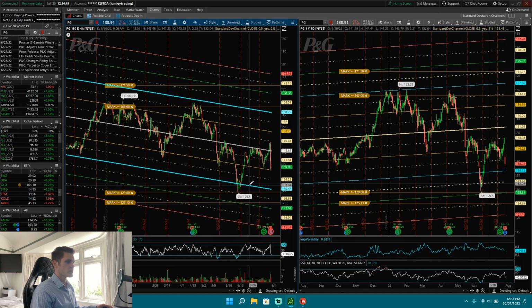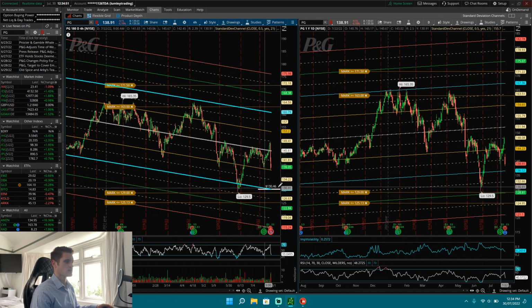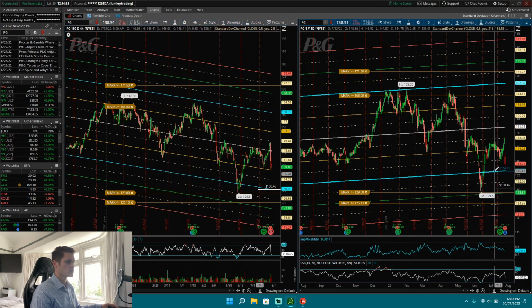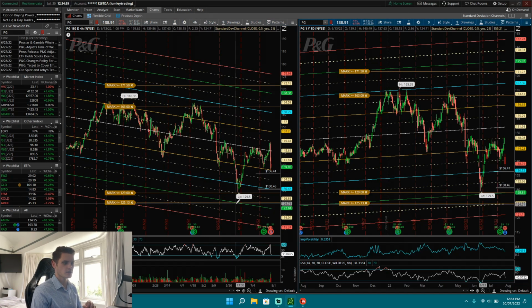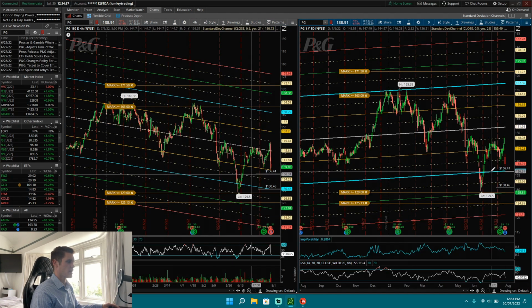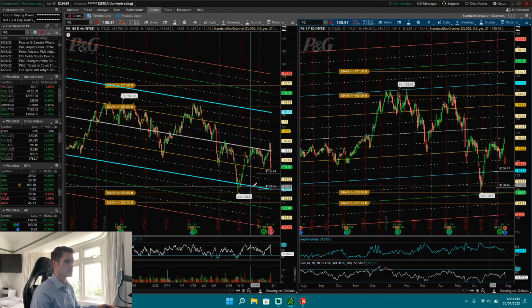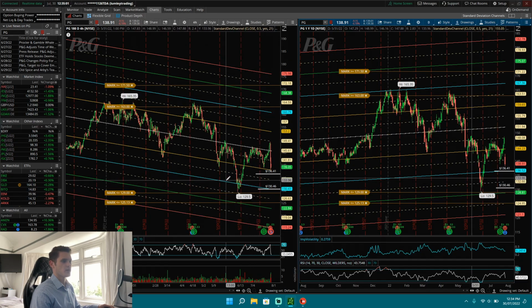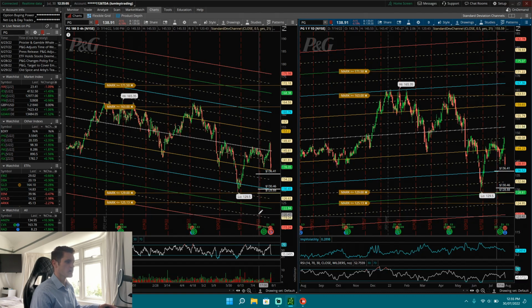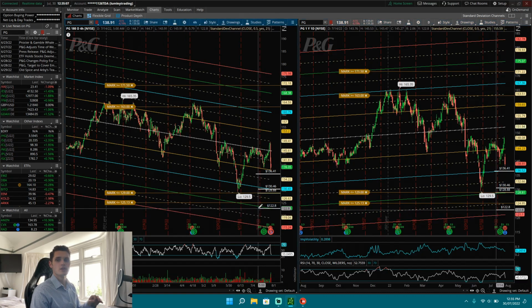And then what we're going to really wait for, coming into these second deviations, is it kind of tells us that we can be a bit more long bias on the stock. So you can see we have our second deviation at 136, another one at 130. And then we have our third deviations at 129 and 122. So seeing these are kind of 4 levels where we would be quite happy looking at PG and maybe getting